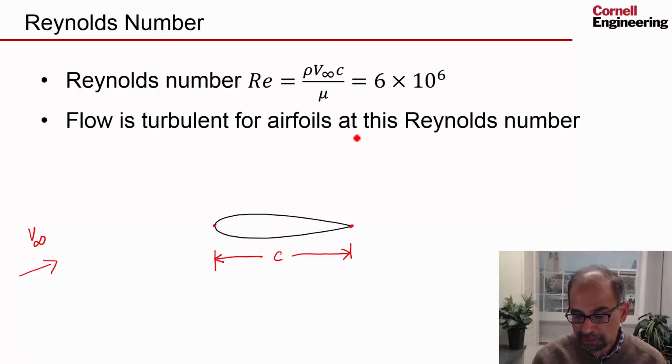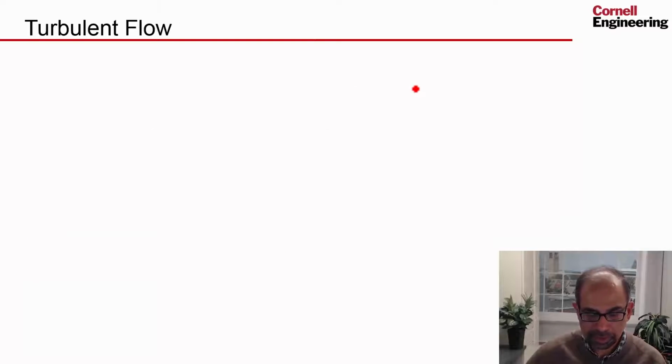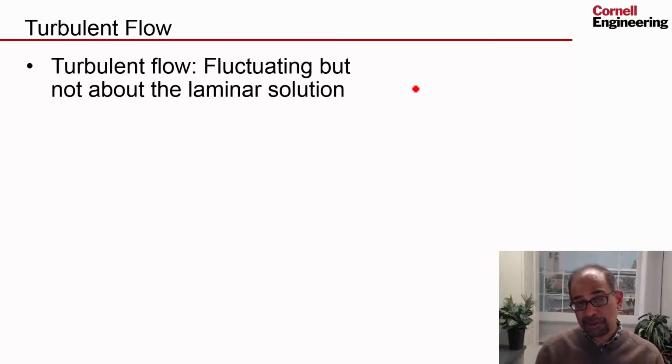Flow is turbulent for airfoils at this Reynolds number. A Reynolds number of 6 million is above a Reynolds number of 100,000 to 500,000, depending on the circumstances, where you're going to get turbulent flow. So this is well above 500,000, and this is a fully turbulent flow. What is the implication of that? The turbulent flow is